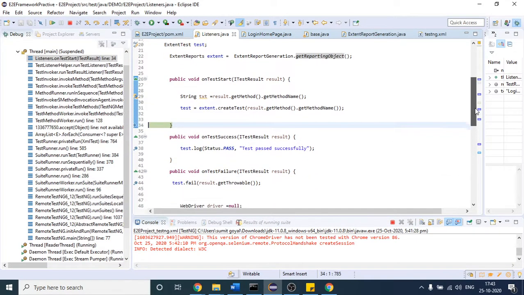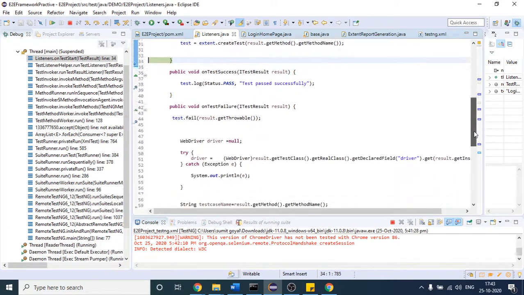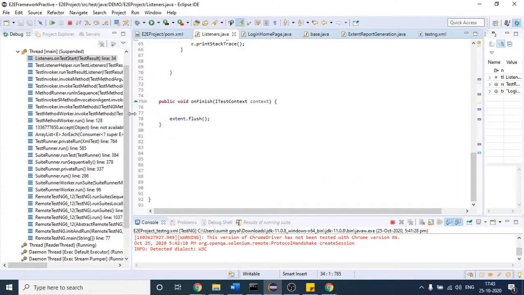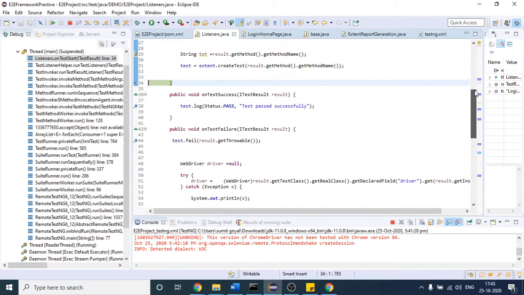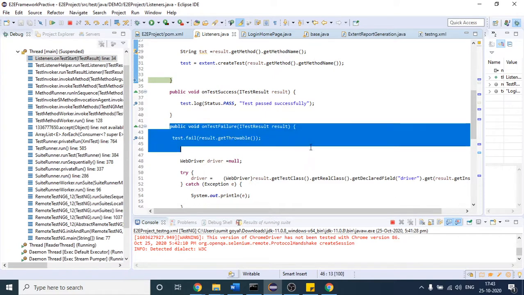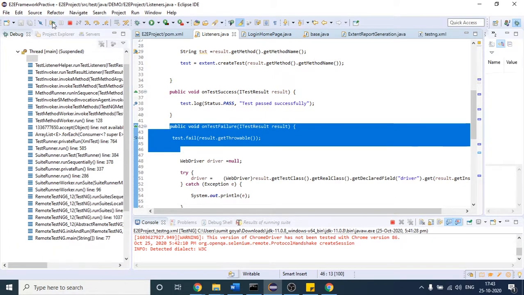And one more thing, when our test case will fail, okay, so let me put one more debugger here. When our test case fails, we are going to come to this block, right? This is the one block. So let us check whether we are coming here or not. So let me resume my test case. You will see.